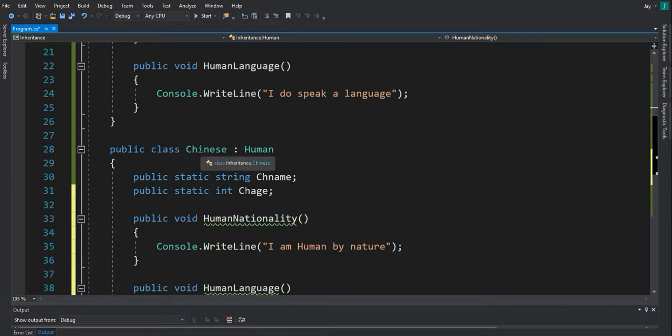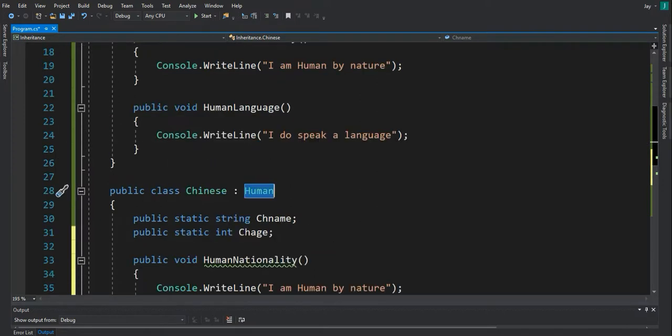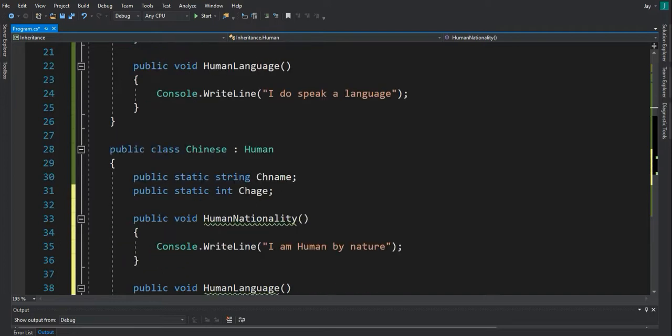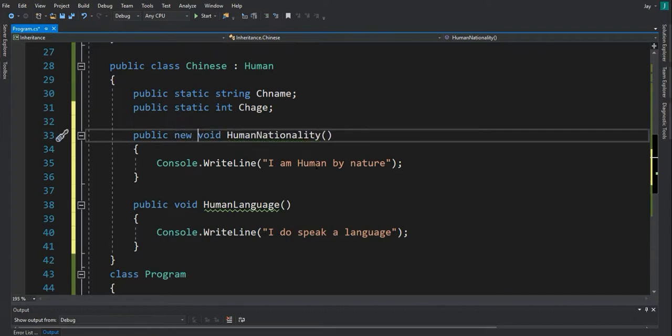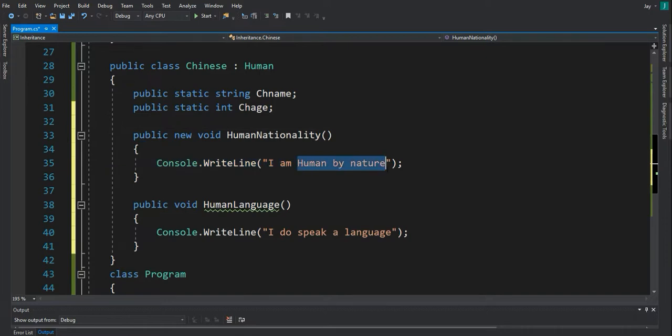recall that the Chinese class has access to this, but I want to hide the method in here. I want to implement the method in my own child class. So I can just use the new keyword here. Okay, and then I can put my implementation there. I am Chinese